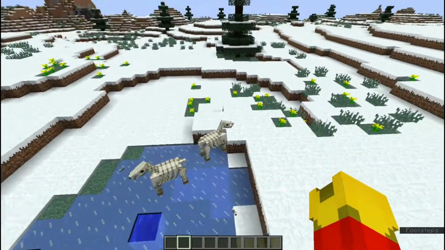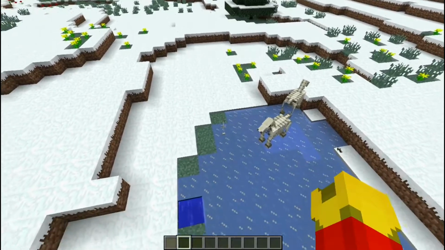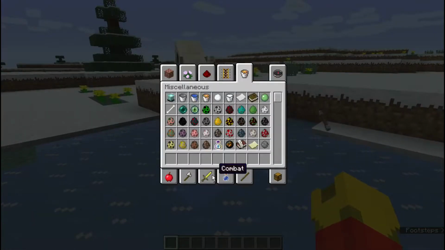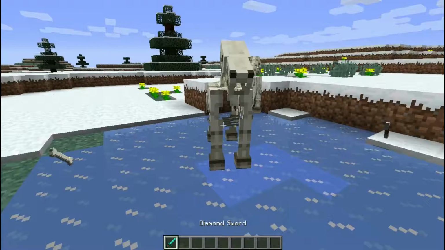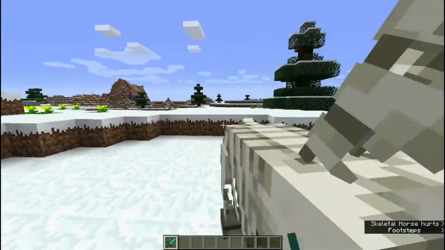Apparently the helmets that skeleton archers wear out over time. That's kind of interesting. But anyway, one little thing that's new, and I think this is only temporary, but anyway, it was the skeletal riders. Killing the horses instead of riding them will give you...